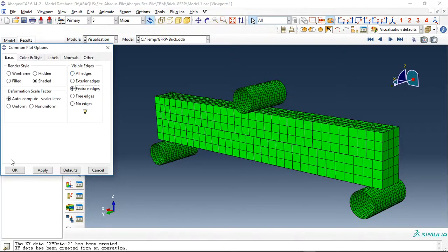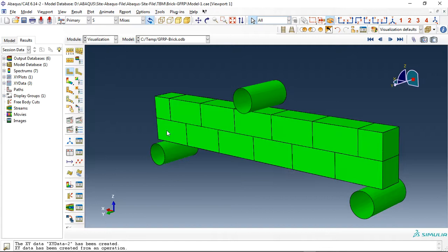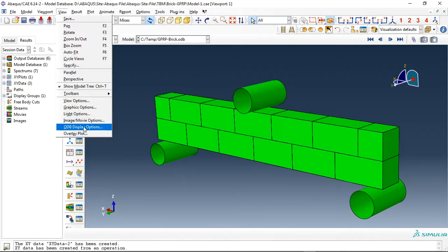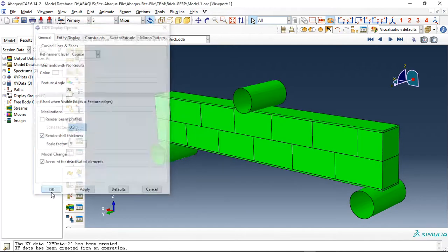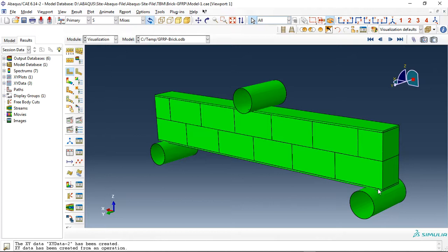Today I did a model of the brick beam reinforced with the GFRP. Let me show you the GFRP. I used shell thickness for the GFRP. You can see these are the GFRP, and I used mortar as a cohesive surface with damage property between these